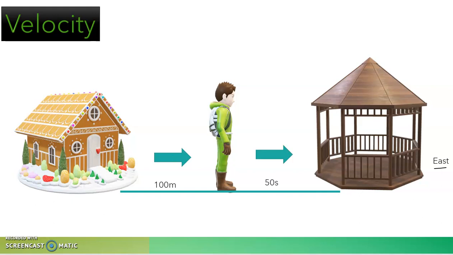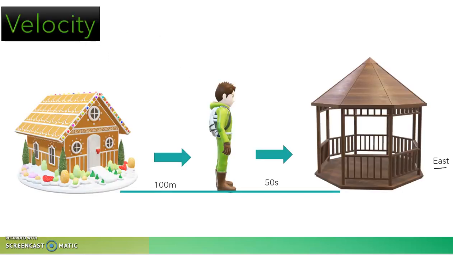So let's calculate the situation where the boy was traveling 100 meters in 50 seconds, right? So speed is equal to distance traveled by time, that is 100 divided by 50. So that's equal to 2 meter per second. In the same case, when the boy travels from one place to another, velocity v is equal to displacement by time. In that case, the shortest distance between initial and final positions was also the same, that is 100 divided by 50, that's 2 meter per second.